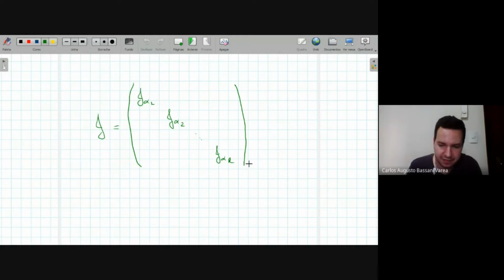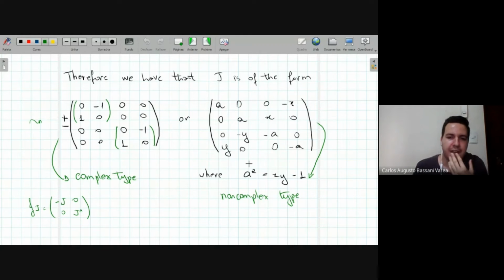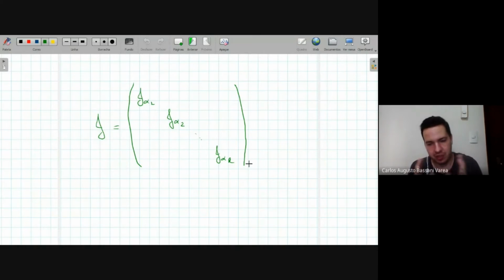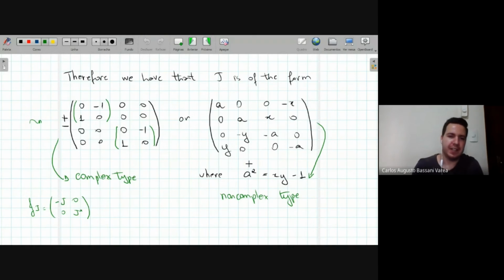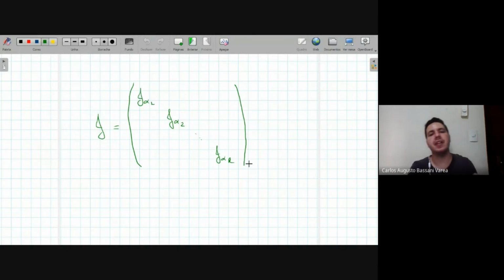You have a lot of combinations here. The generalized almost complex structure is completely described by these, complex and non-complex type, and then you can construct a global structure just combining complex type and non-complex type